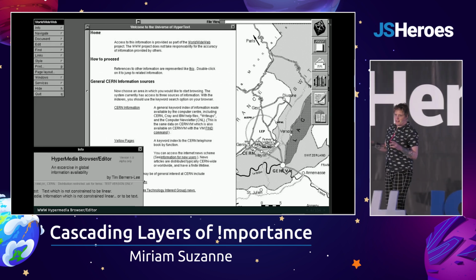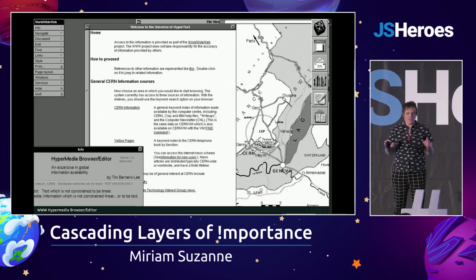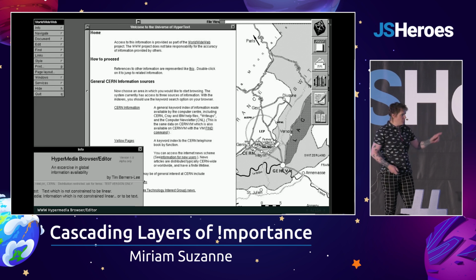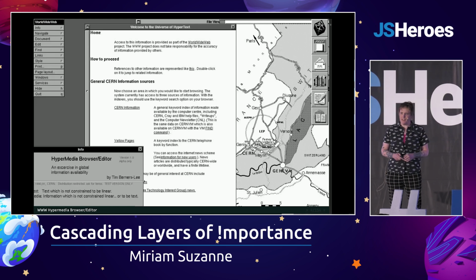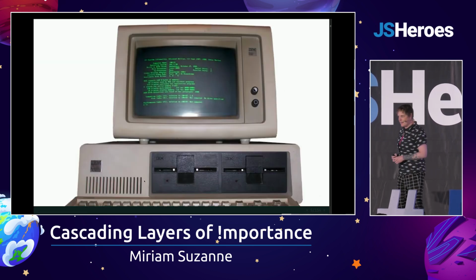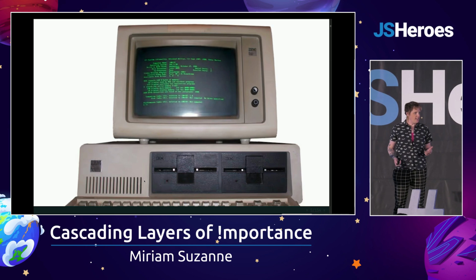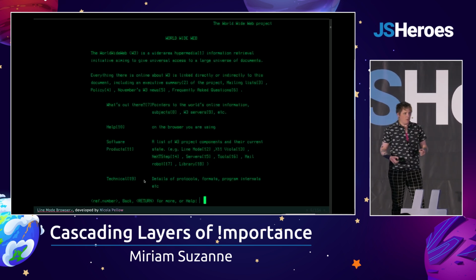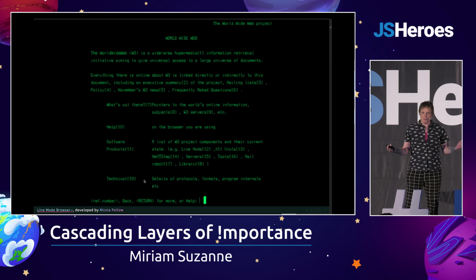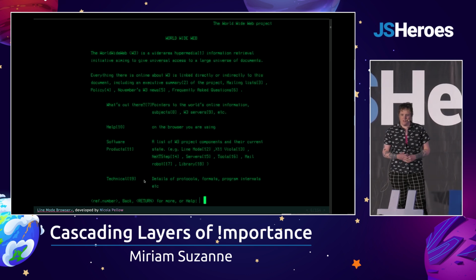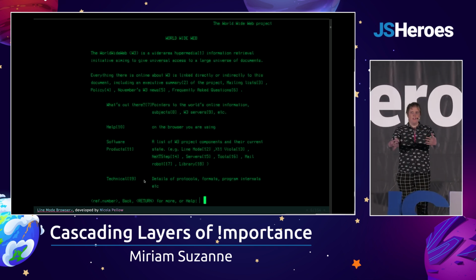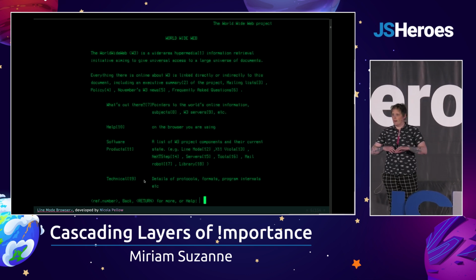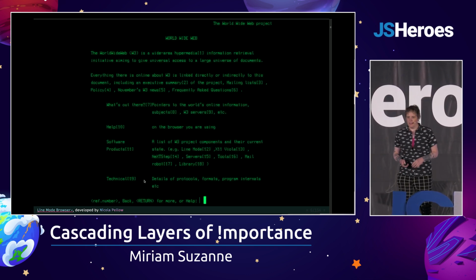The first browser released by Sir Tim and the team at CERN was the Hypermedia Browser and Editor, and it was designed for this NeXT machine with this fancy futuristic graphic interface. But you can't make a web that's worldwide by saying it works on my machine and everyone else is an edge case. So they released the second browser, and it's less powerful, less graphically interesting. It's a text-only browser. You can navigate it with a keyboard. You don't even need to install it on your own computer.